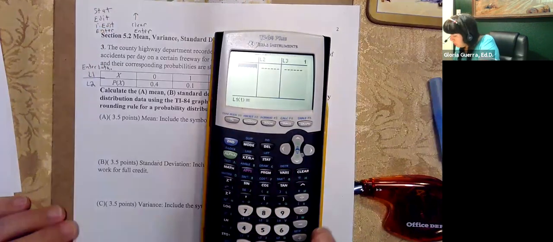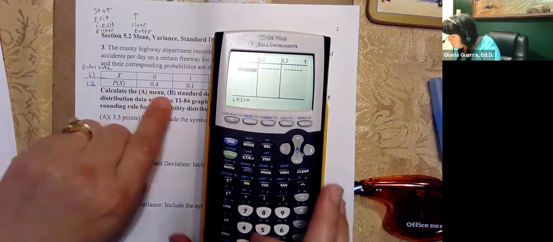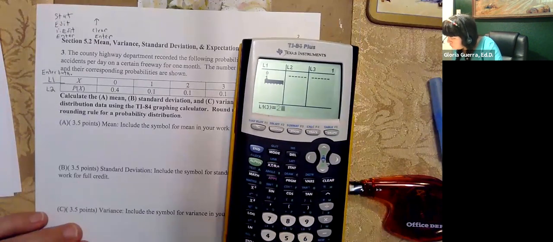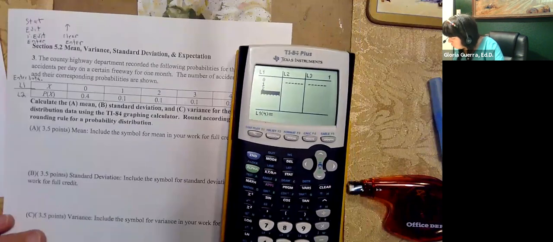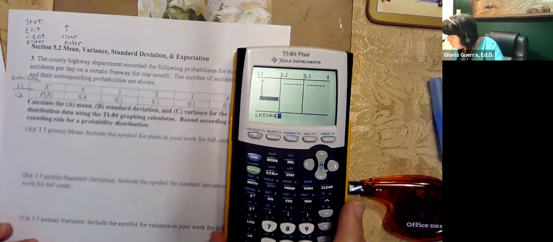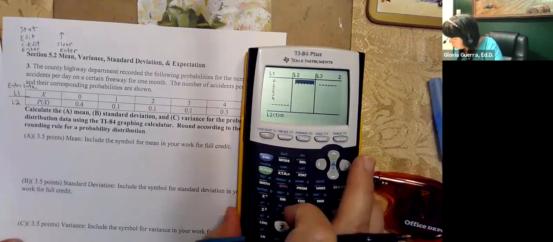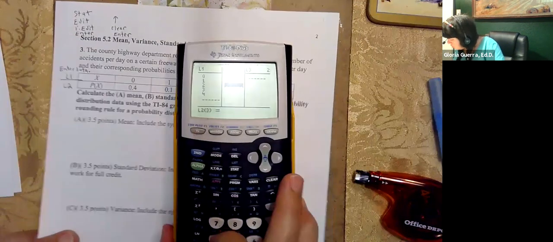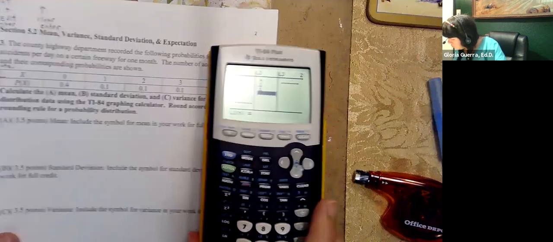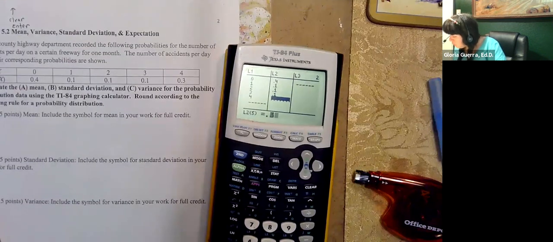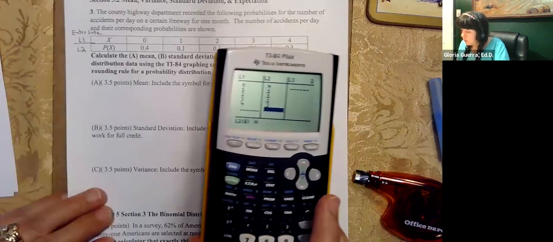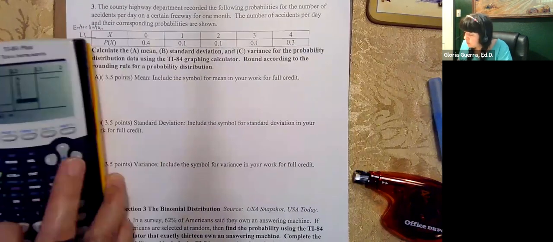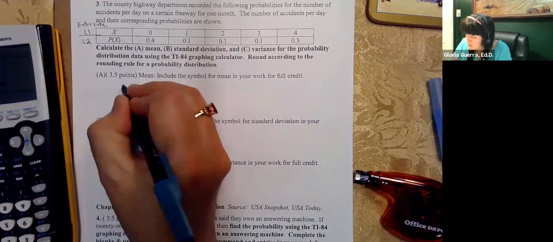And then just start typing in your data: 0, 1, 2, 3, 4, and then go to the second column: 0.4, 0.1, 0.1, 0.1, 0.3. Okay. And then you want to press Stat